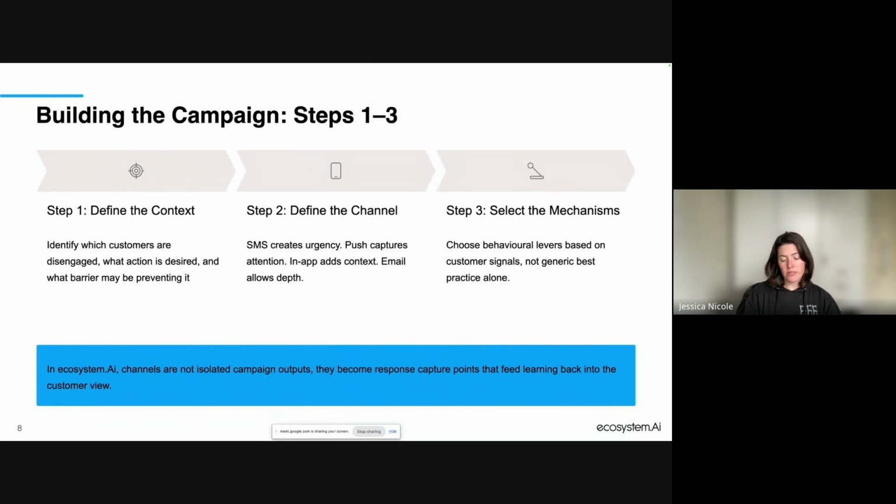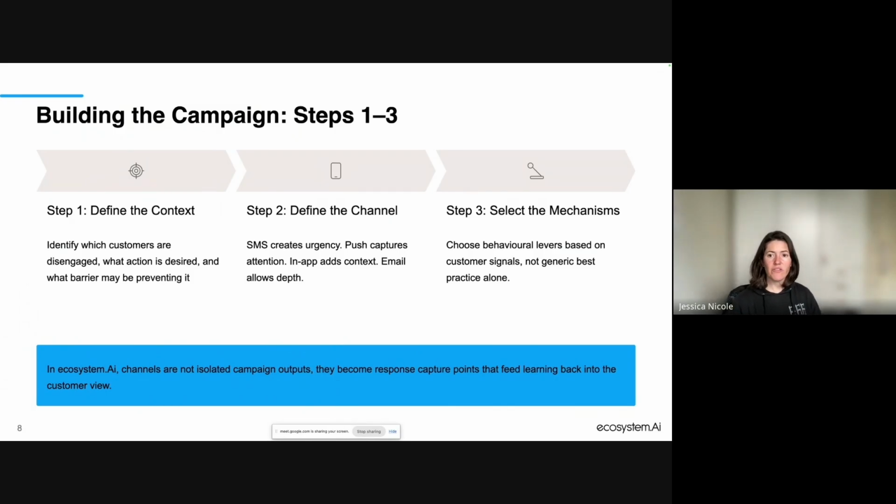With regards to digital environments, step 2 is vastly important because you need to know what the channel is that you're going to be speaking to people through. And the channel is also a major definer of the later steps that you take, because there are certain mechanisms that work very well for emails that don't really work very well for an SMS environment, and vice versa. All right, so you define the channel or the touch point or the push space, the space in which the customer is going to be receiving this thing.